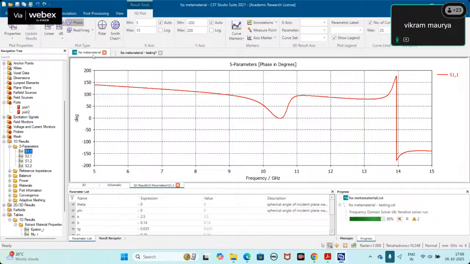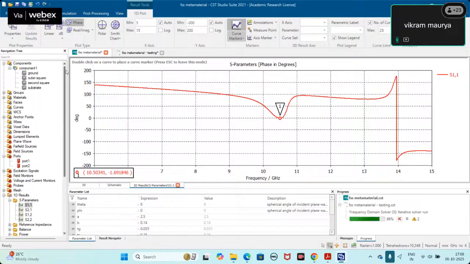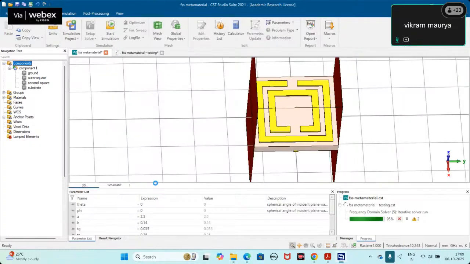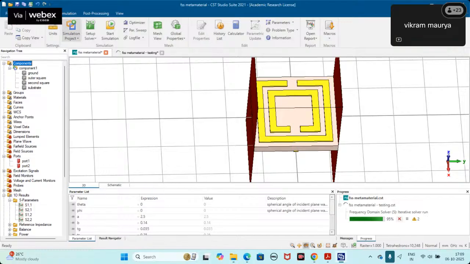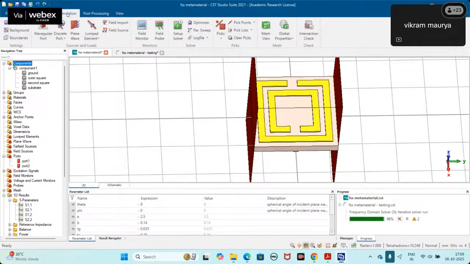Okay, back to this structure. For this FSS metamaterial, the frequency is 10.5. So if we want to check its electric field or surface current, then just close this result, then go to the simulation part. Okay, in simulation,